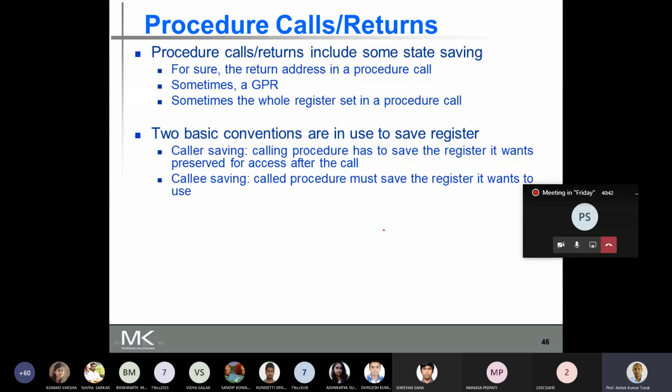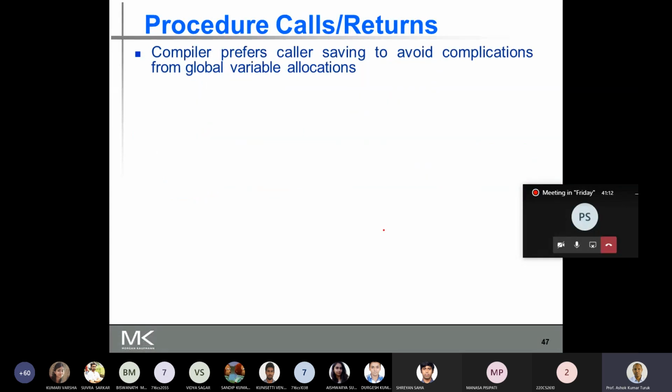Then in case of callee saving, the called procedure must save the registers it wants to use. This is just the opposite of caller saving. The called procedure, the procedure to which the control is to be transferred, will save those registers which it is going to use in that procedure. So there are two different approaches, caller saving and callee saving.